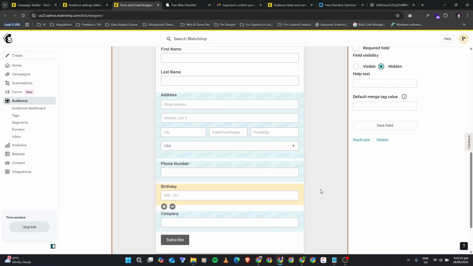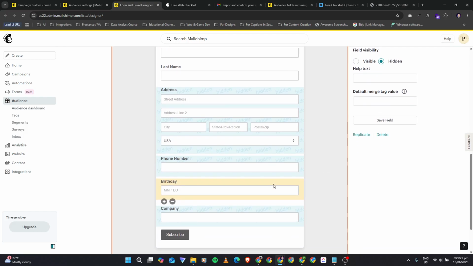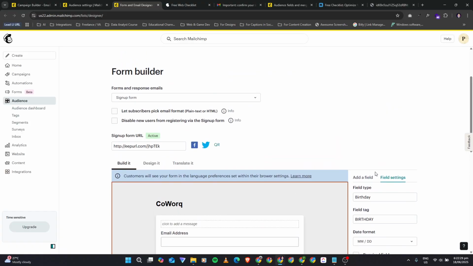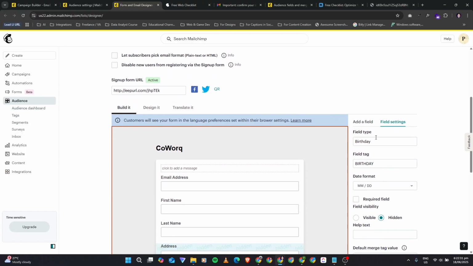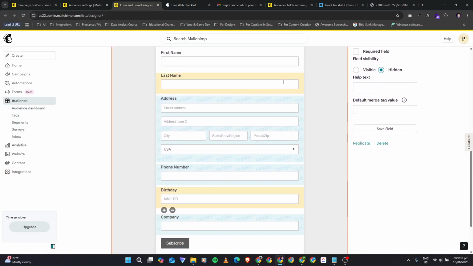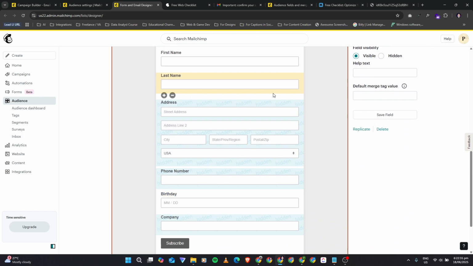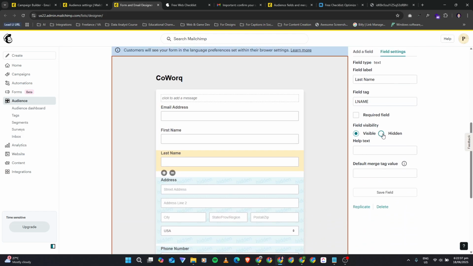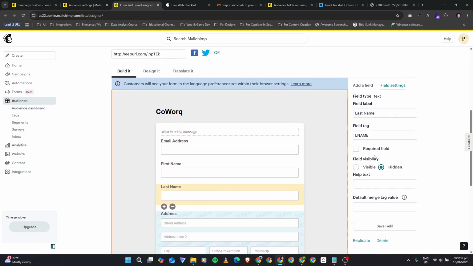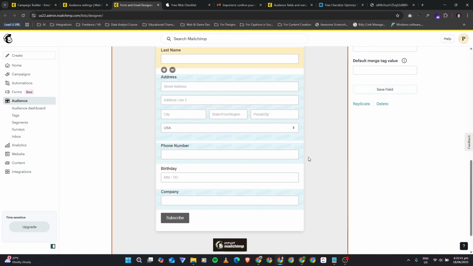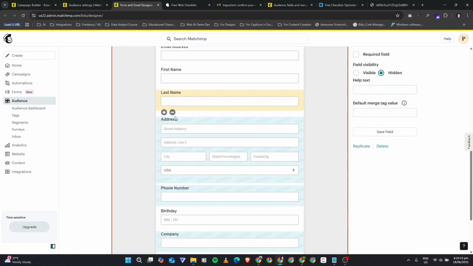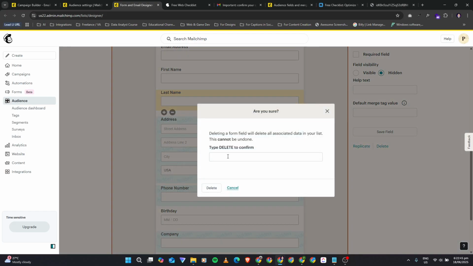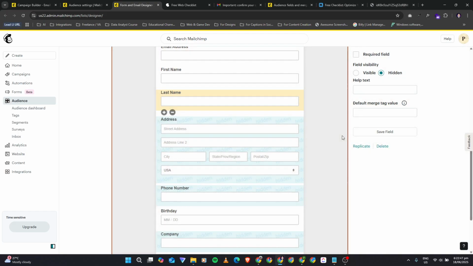Hidden. Or we can remove it. Anyway, this must be hidden.